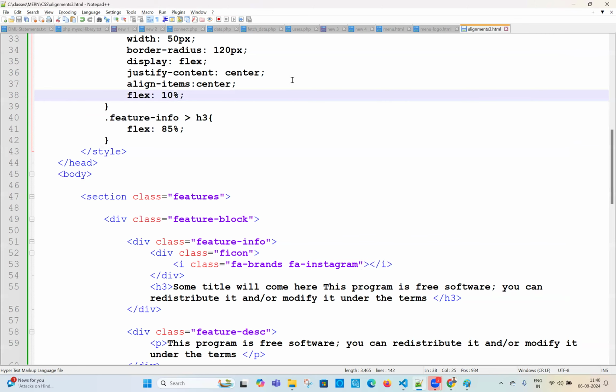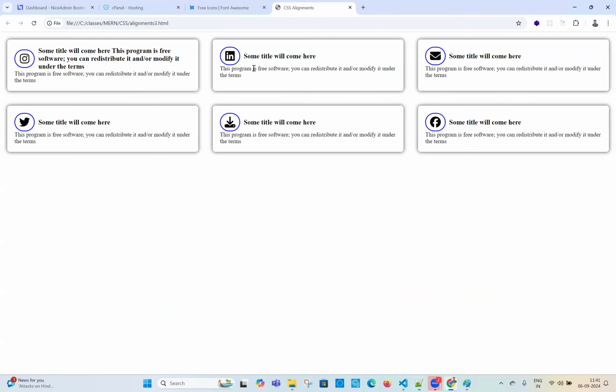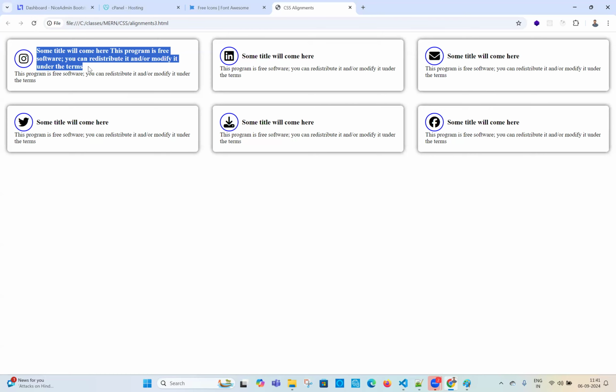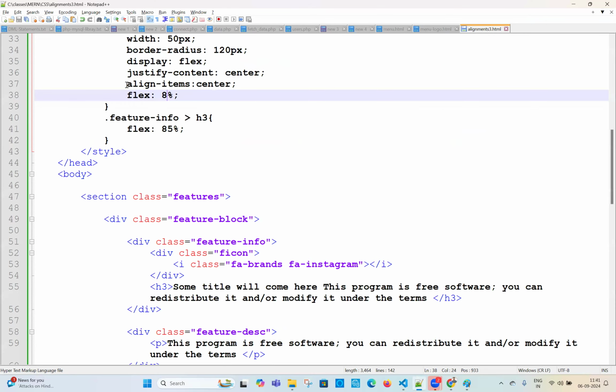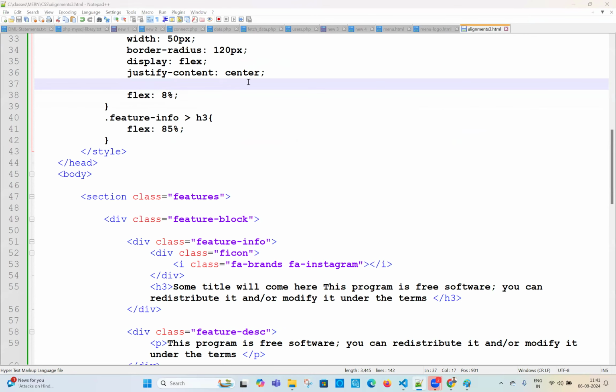The height, width, and maybe everything, 8% I'm taking. If you can take 8%, the icon is enough, and 8% width is for the icon and the remaining all for the title. Maybe the title may be 3 lines, but the icon is exactly trying to be in the center of the content only. And I have to align center. If you didn't write align-items center, the icon is going to be always on top